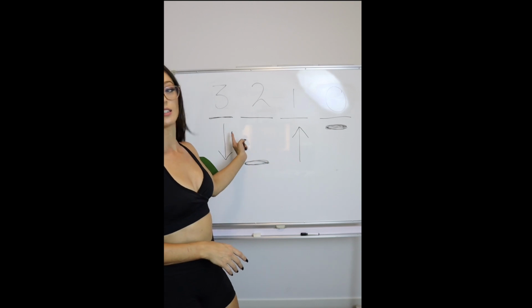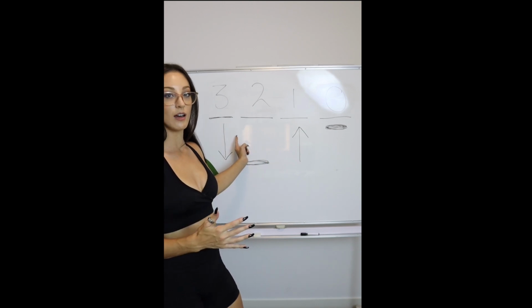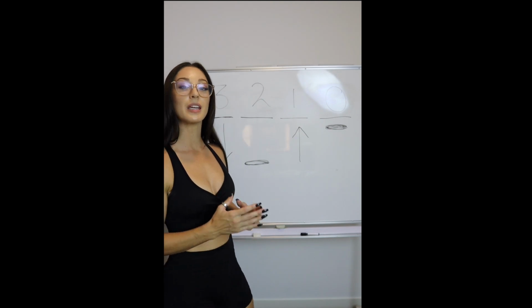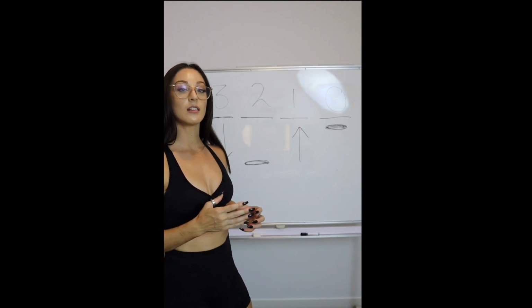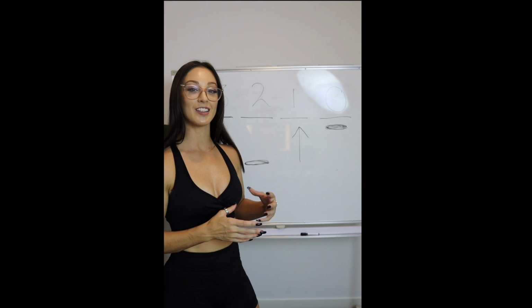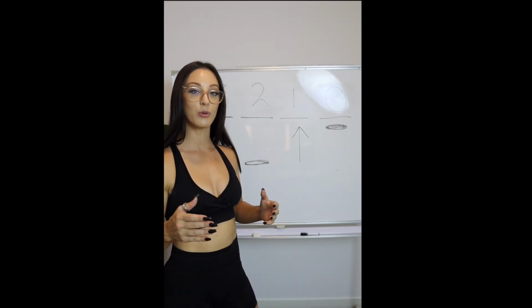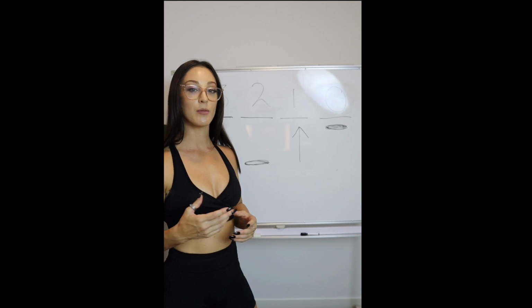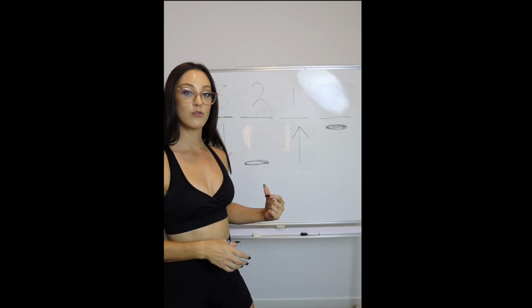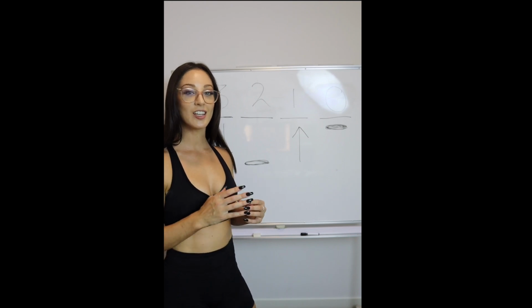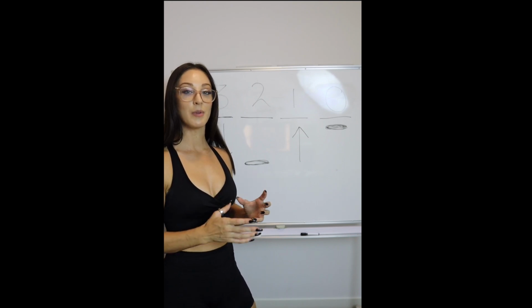And particularly with the eccentric, which is where I'm usually going to be slowing you down, it can be really beneficial to help build strength and avoid injury, particularly for beginner lifters. See, our tendons and ligaments don't get strong as fast as our muscles get strong, and a lot of the time people's strength progresses quite quickly as they're a newbie lifter and they end up hurting themselves. Slowing down the eccentric just caps the load that we're going to be using. So there's less stress on the system, less stress on those tendons and ligaments,